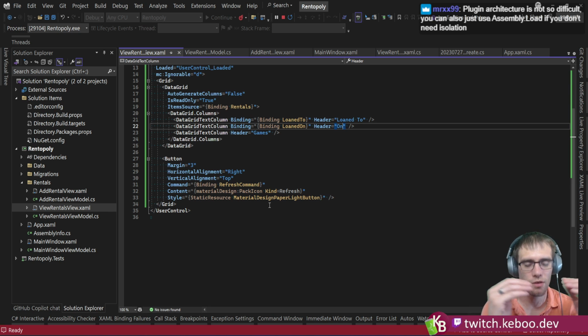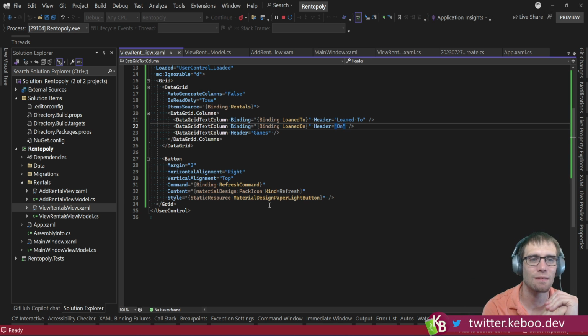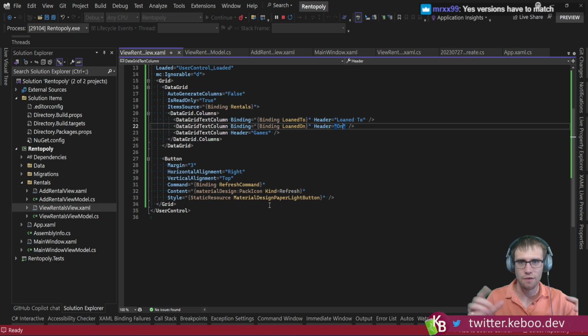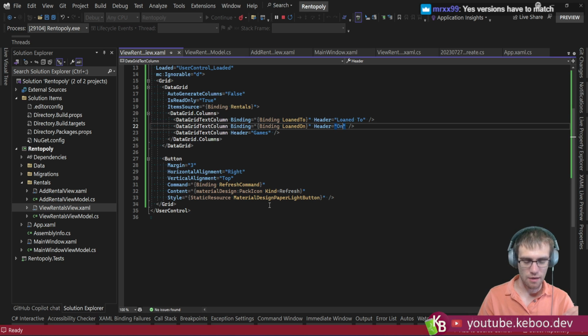It depends on what level you want to expose the plugin to, right? If the plugin doesn't get exposed to anything but a handful of interfaces, the fact that you're a WPF app is irrelevant. Then it doesn't matter. But if you're specifically saying, hey, I want to expose something, maybe like how Fiddler works, right? So Fiddler, popular application for being able to fiddle with your network traffic. I won't turn it on because it'll kill my stream, and that's bad. But you can